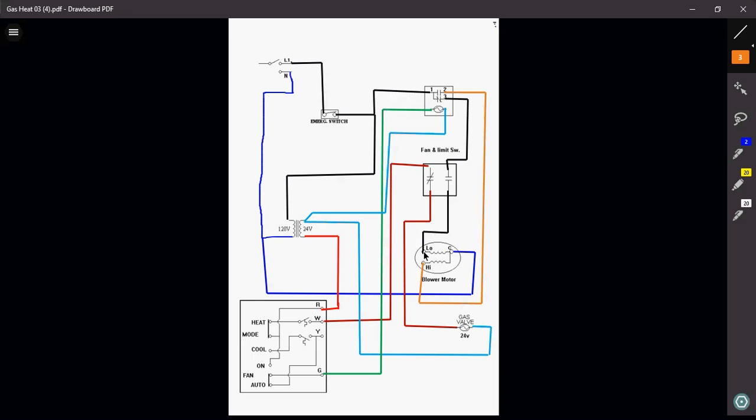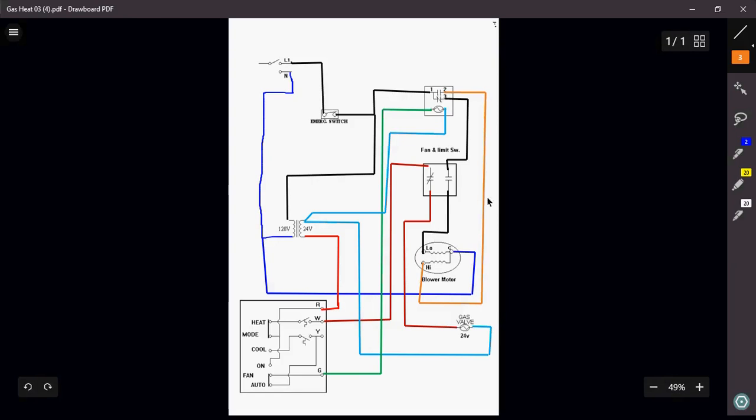Now, in regards to the air conditioning side of this, if I was in air conditioning, my Y would close, calling for cooling, which again will turn on my outdoor unit, my condenser and condenser fan motor. But it will also energize my G, my fan. And when that happens, I'm sending power up to that relay, which will then energize, which will now change the contacts on my relay,